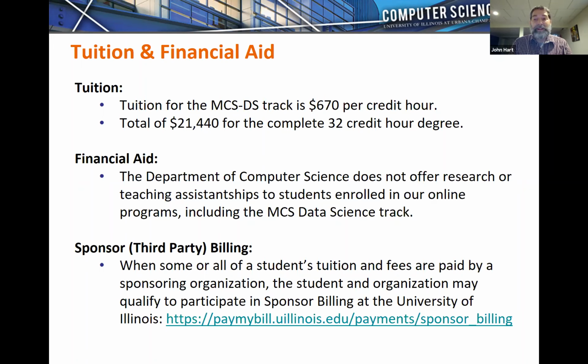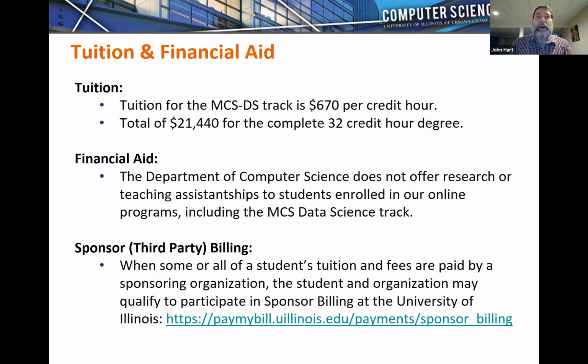So if you need a semester off, you don't have to pay anything. If you're on campus, you would still have to pay about $1,000. But because you're taking this online, we only charge you for the courses you take when you take them. We do require students to take at least one course in a calendar year, a 12-month year. And if you do need to skip a semester, for work or family obligations, please do let us know, because we want to keep track of all of our students and make sure all of our students are making good progress towards the degree. In addition to that $21,440, there are additional costs.